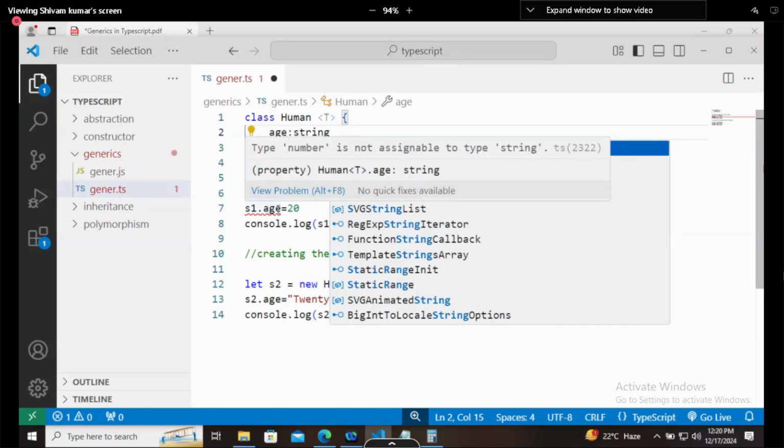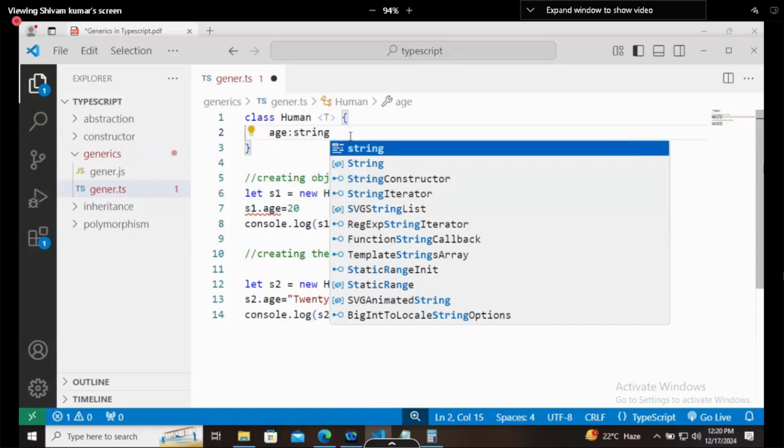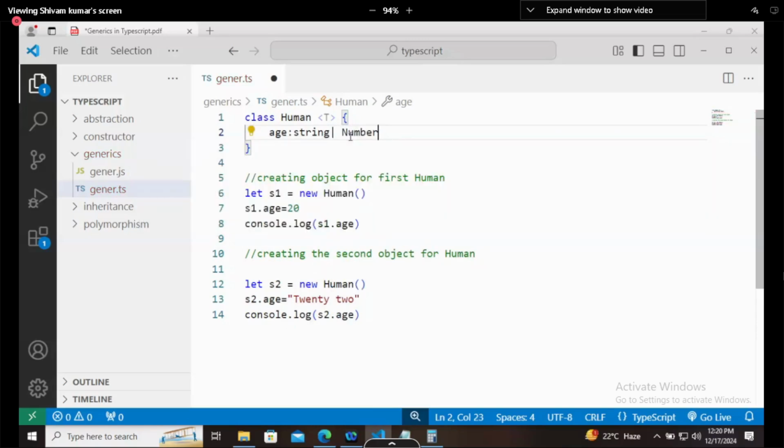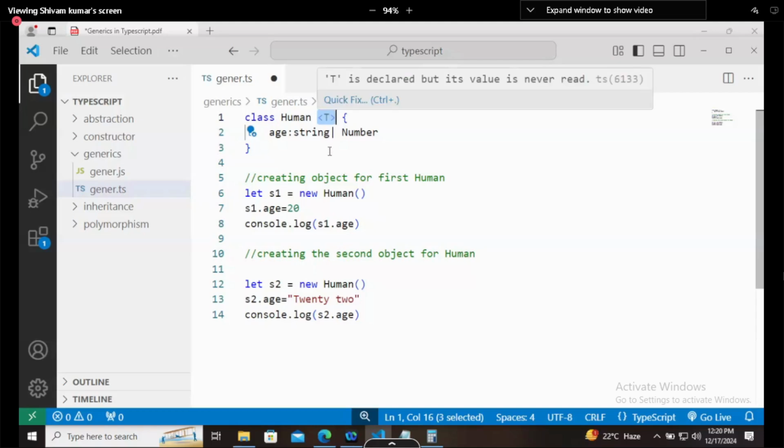If you create a union, it will accept both string and number, then it will work. But why use string and number? Let's say I'm using true or false. For that you are already using the generic class T.